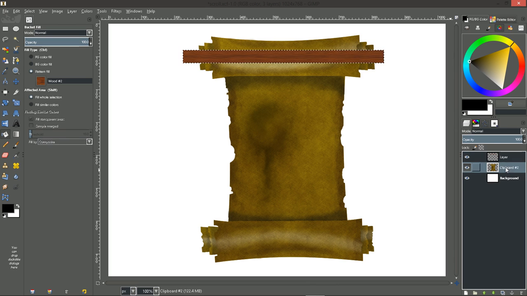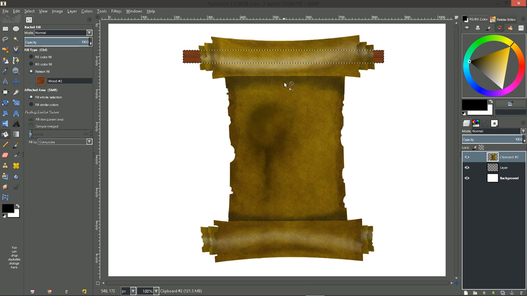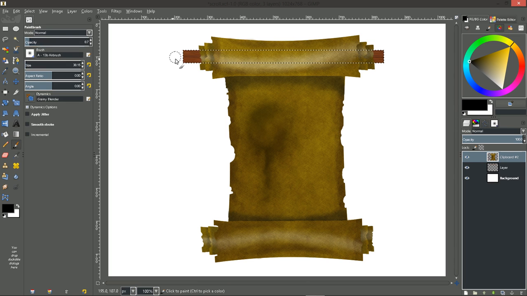We're going to move this layer on top. So I'm just going to click and drag it up. Well, that didn't work. So I'm going to use my arrow keys at the bottom. So our dowel rod, or whatever you want to call it, is on bottom there. And I'm going to paint in some shadows on top of that. We still have it selected so we can keep our shadows restricted inside that selection. Brush tool, a nice dark color, fairly low opacity. I'm just going to paint